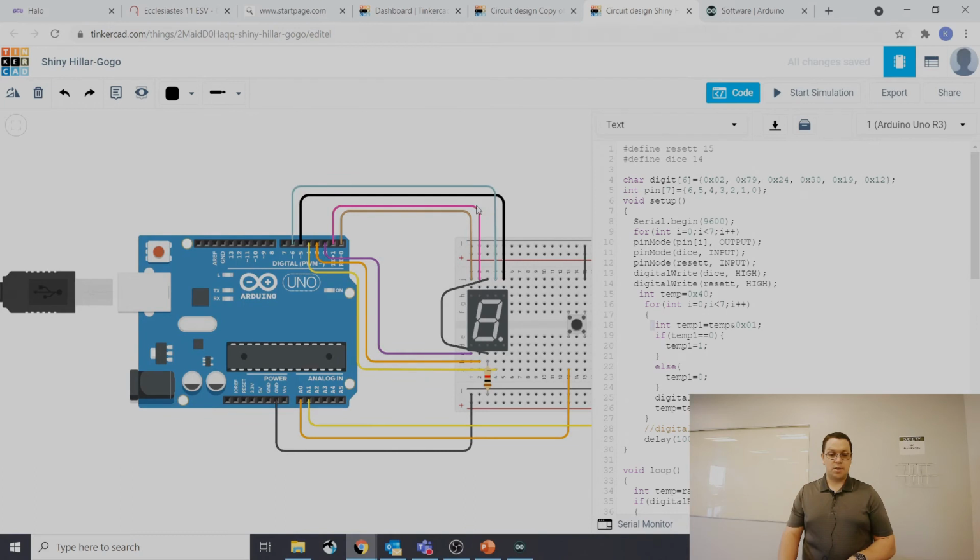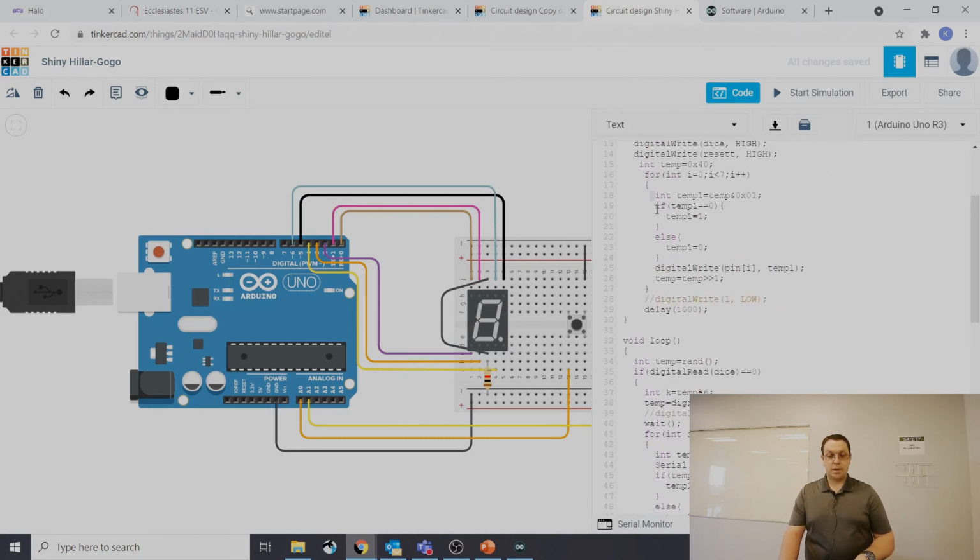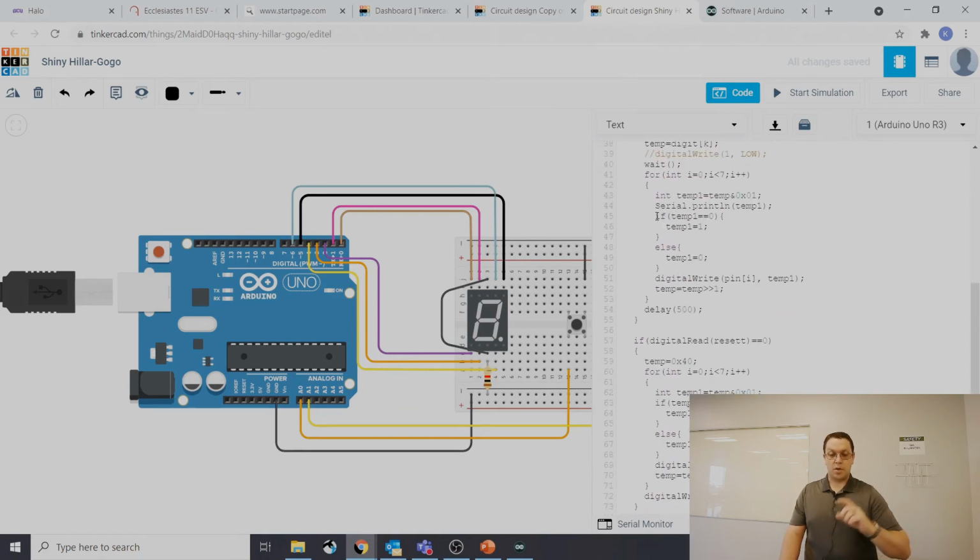This is still the same type, still the cathode type. That's the physical part that's on the boards that you build, and what you're going to have is a statement right here that's dropped in right after the temp assignment. So temp 1 equals for all of these, all the way down. For temp 1, what I did is I used a serial print line to tell me some information back out,